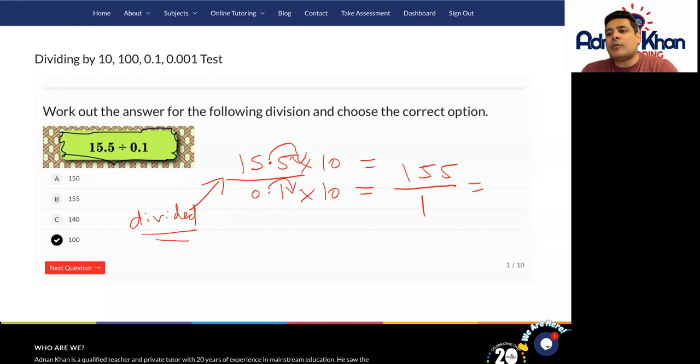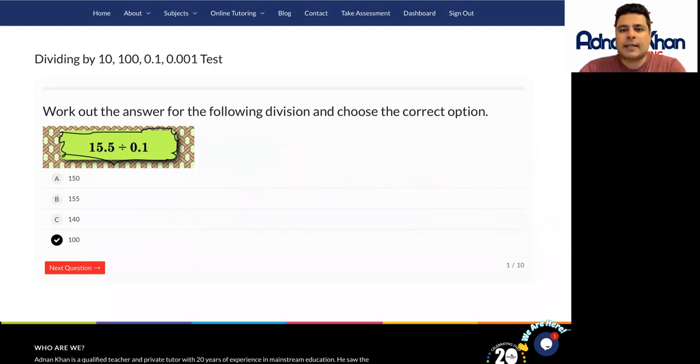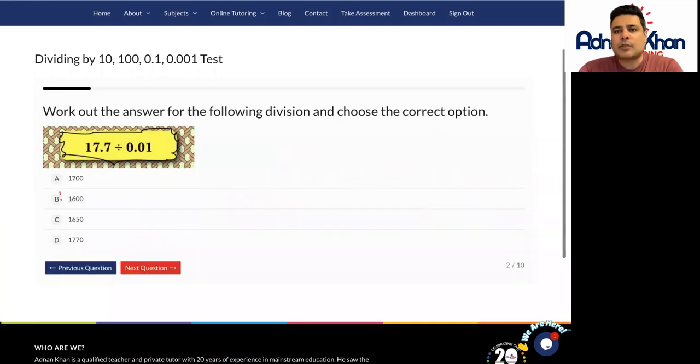Now, if we calculate 155 divided by 1, our answer is going to be 155. So in this case, you do not need to use a calculator. You can just do working out to work out these particular questions. So in this case, our answer will be 155 for this particular question. Okay, so let's go on to the next one. The next one is